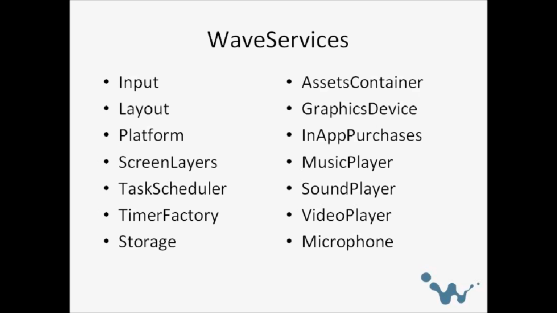So we provide something like a factory, not exactly a factory, but an entry point in WaveEngine, so you can check which is the input independently of whether you are running on a mobile device, a desktop computer, or a tablet. So if you want to check which is the touch available on Windows, you can check which is the first touch, which will be the mouse. But if you check the same value on a mobile device, it will be the first time you press the screen with a finger. Also, the platform, for instance, is the way to check the screen width and screen height of the platform.